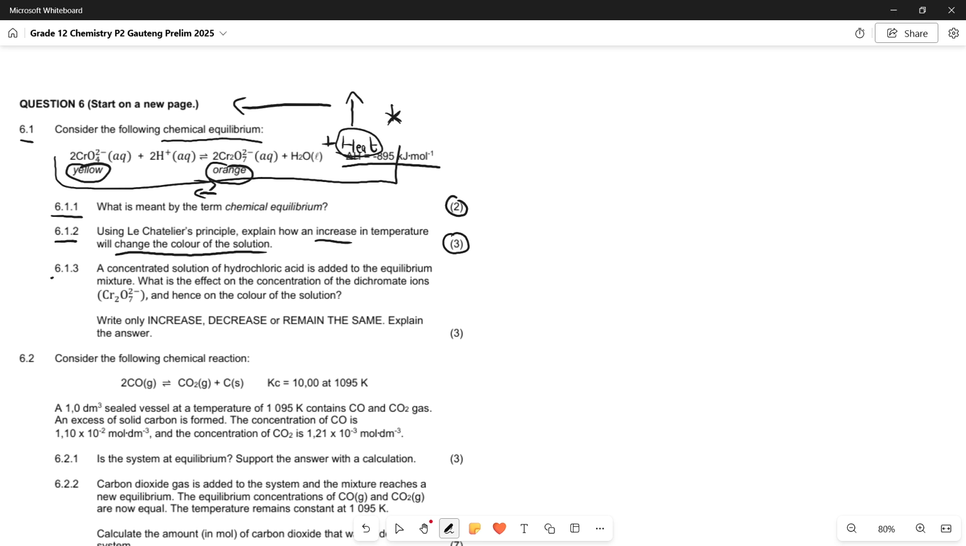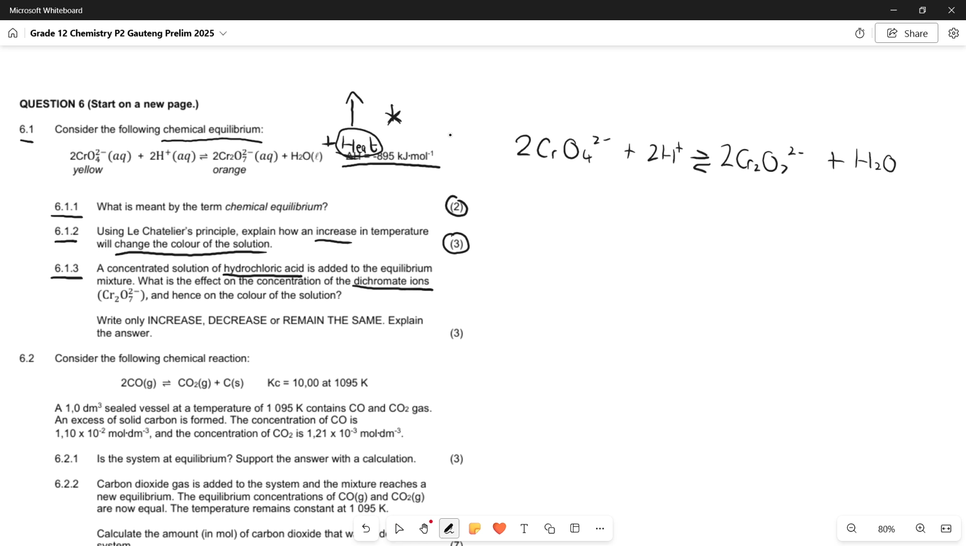And then 6.1.3 says, a concentrated solution of hydrochloric acid is added to the equilibrium mixture. What is the effect on the concentration of the dichromate ions, the Cr2O7 2-, and hence on the color of the solution? So if we're going to redraw this equation here, we're going to interpret it very similarly to how we interpreted the heat in the